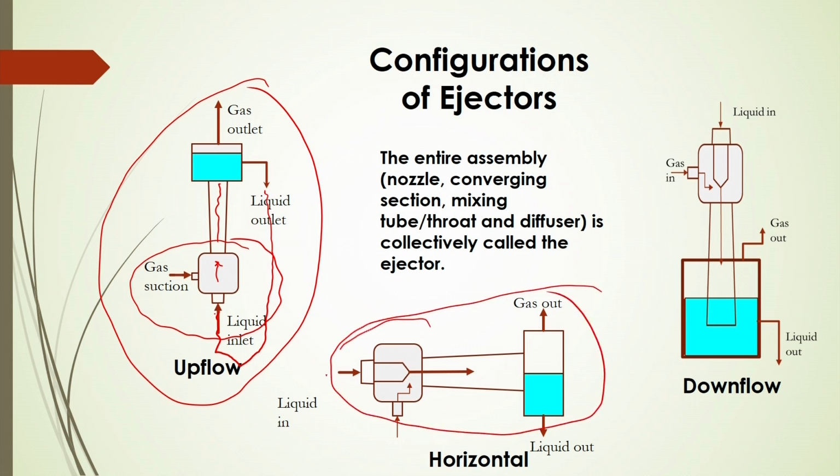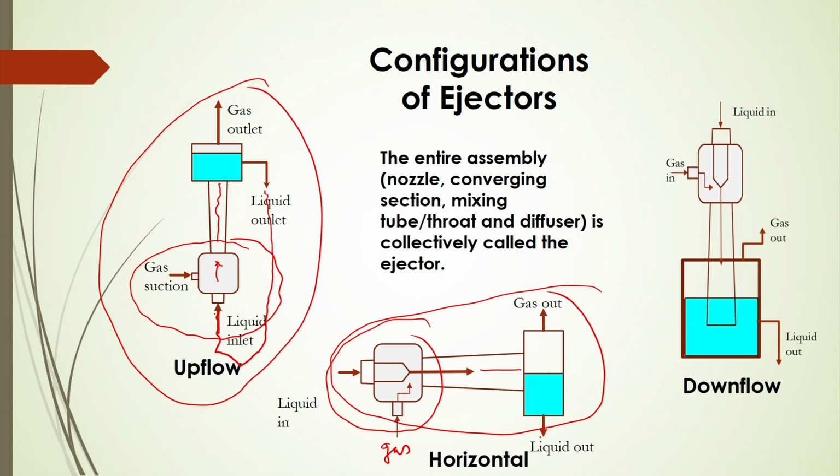In this case also, the ejector is used to get the liquid jet and suck the gas from this portion, and then it goes through the diffuser section, producing finer bubbles, and then comes into a separator which separates the gas and liquid into two outlet streams. The liquid you can use again in a continuous manner through this nozzle to get continuous operation of the process.